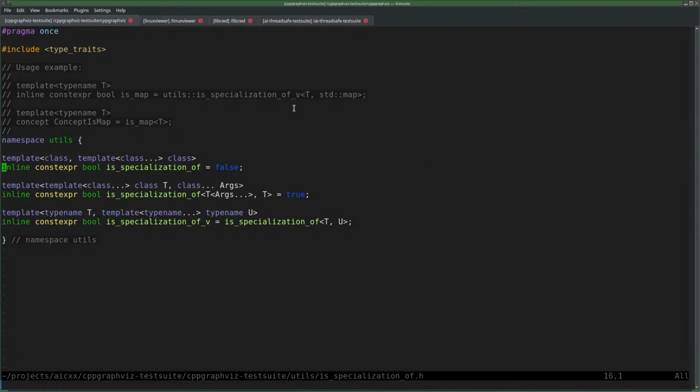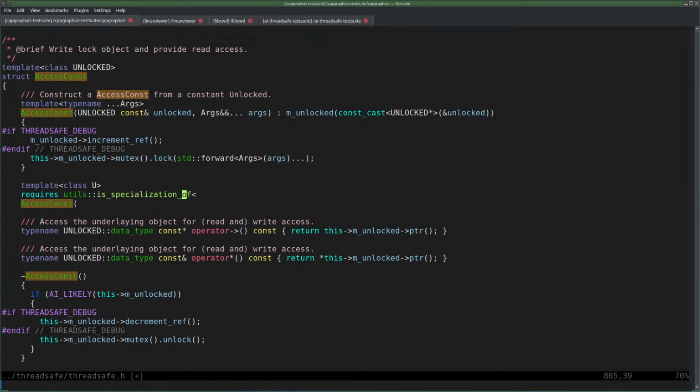I guess T is a specialization of standard map, so control T. So U is a specialization of unlocked.